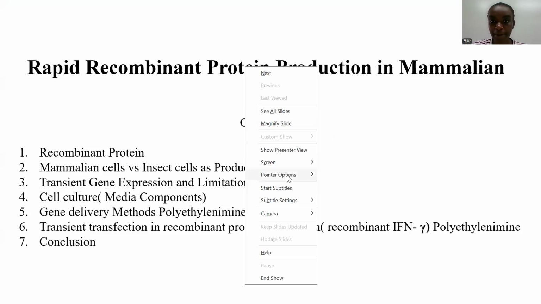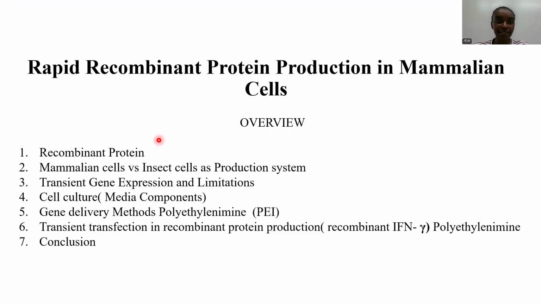I'll first define what a recombinant protein is, and then discuss various expression vector systems that are used in the production of the recombinant protein. I'll also discuss transient gene expression and the limitations that exist within the system, and then further discuss the cell culture and how we can optimize the conditions in the media for optimal production of the recombinant